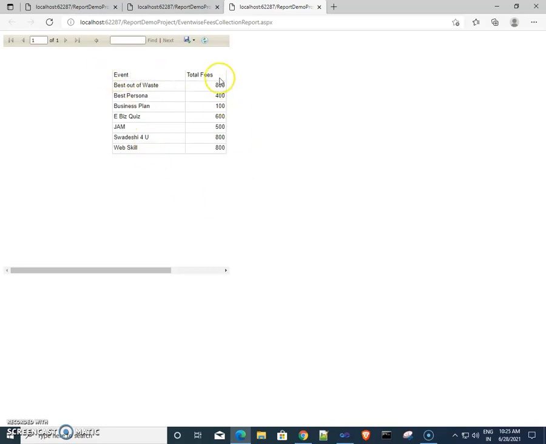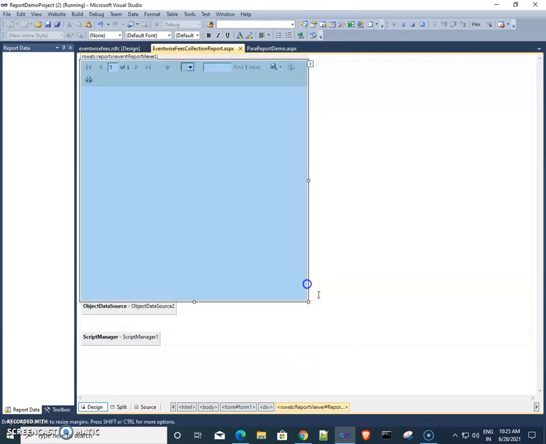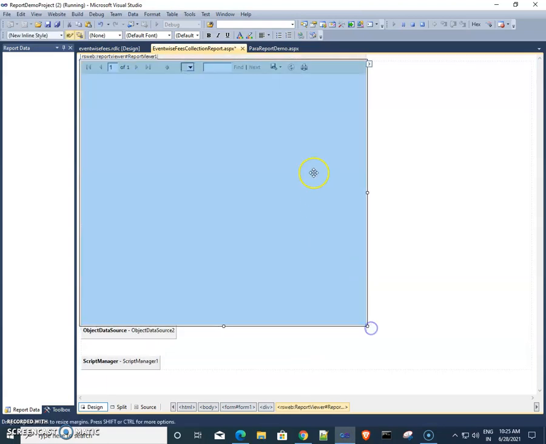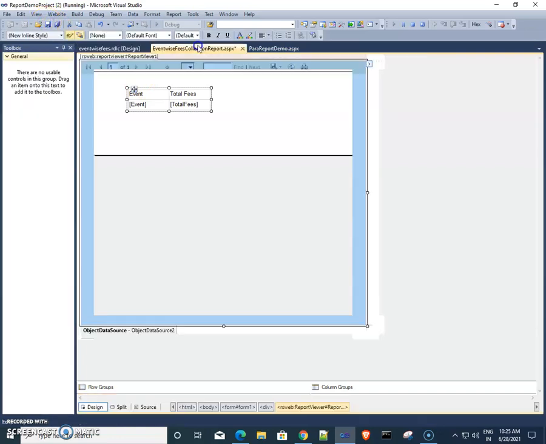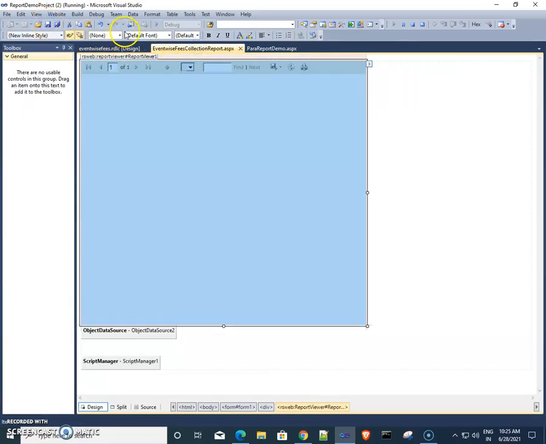So this is event and this is event wise total fees. So this is our summarized report. You may take header footer as per your requirement. I'm not showing all that work because we have already seen in previous videos how we can add header and footer content.